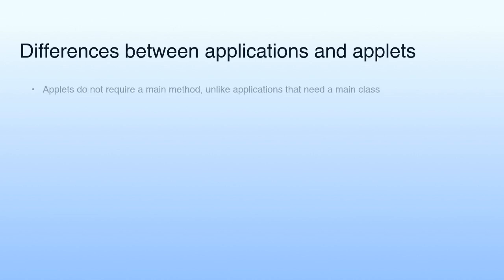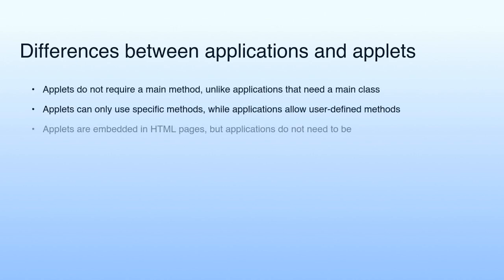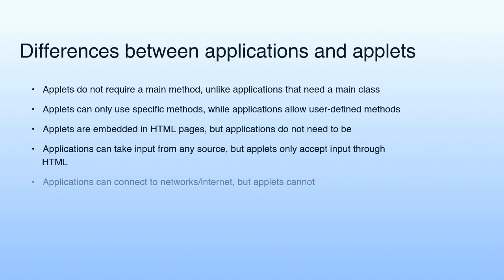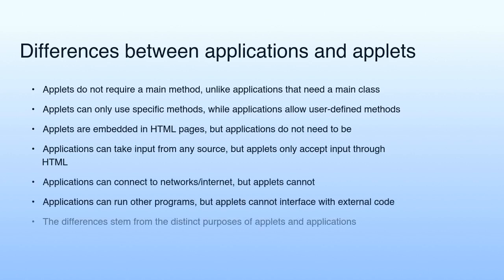Unlike applications, applets do not require a main method, can only use specific methods, are embedded in HTML pages, and have limited access to input sources, network connections, and external programs, as they are designed for a more restricted environment